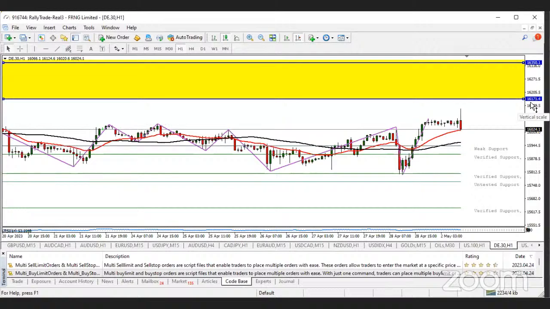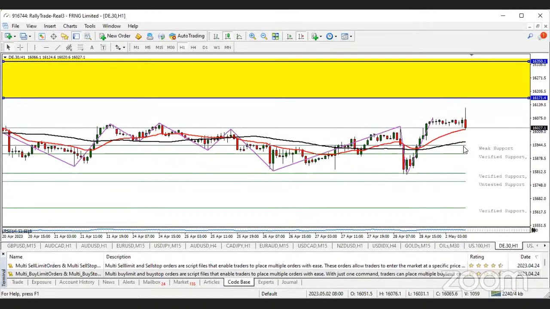16171.4 and 16350.1. A very good point to enter a buy trade. That range, I'm telling you. Then if you are looking forward to a sell trade, then you should wait for it to break below this verified support. If you notice very well, apart from the fact that D30 has been trading between this channel, like I mentioned on my 4 hours time frame, if it can conveniently break that verified support, then that's this point.